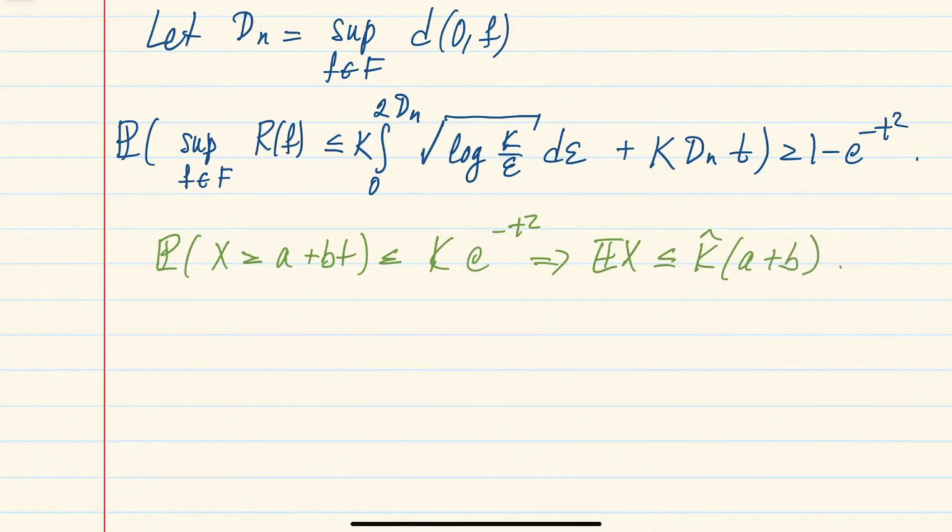Again, using this inequality with this previous probability, where of course this first integral is a and this constant times dn is b, we get that